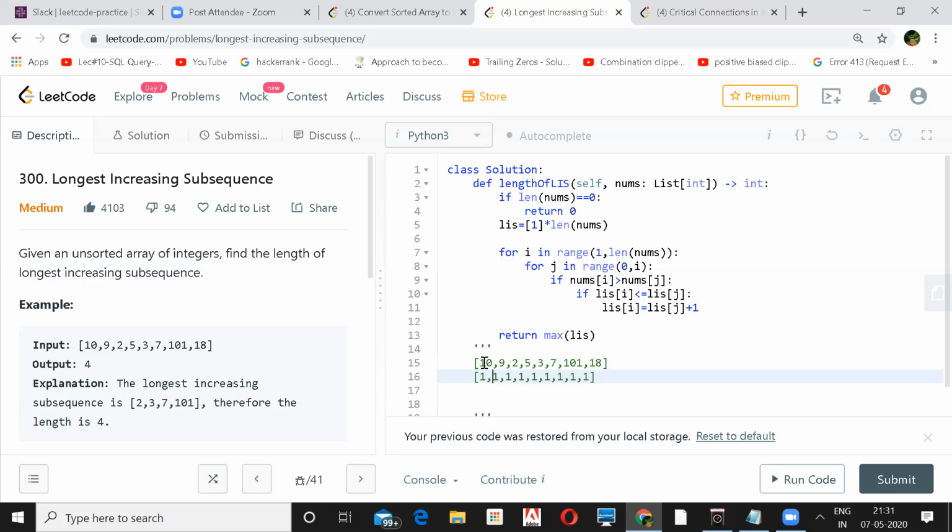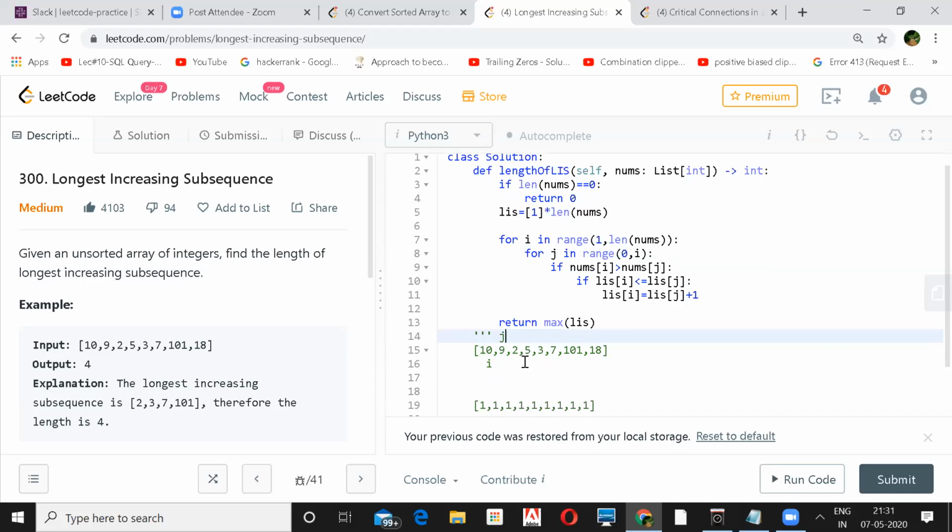Since it is not greater than 10, you just iterate to the next step. Like you go to the 2 and then check whether your 2 is greater than... so I'll tell you, let's have i over here and your j over here. Every time you go from i to j, initially you had 1, 1, now you are at i. Now just check if the element at jth is greater than i, but that's not true. So you just increase the i and again iterate from the beginning.